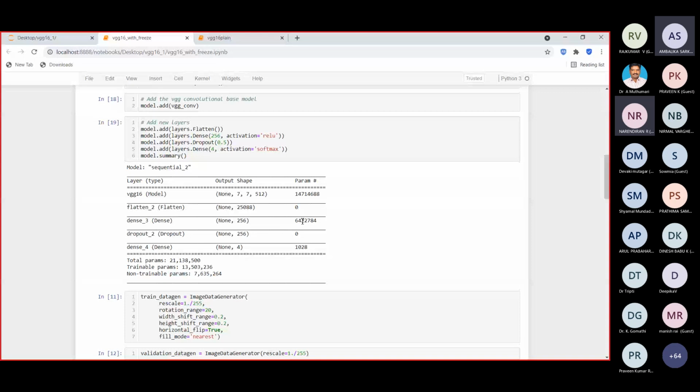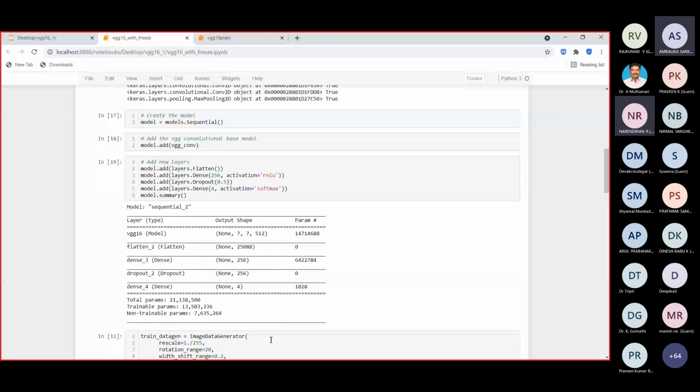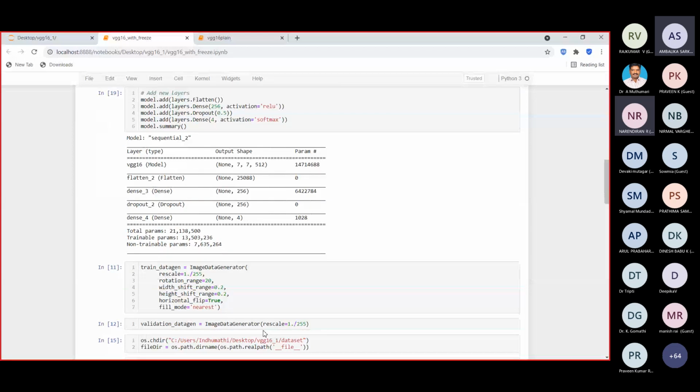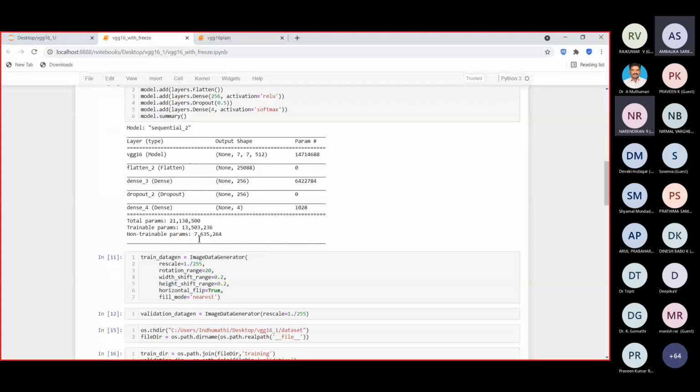So only this 13 million are trainable parameters. The 7 million parameters are not trainable because they are generated by these frozen layers here. So that you can see the difference, this with freezing and without freezing. Without freezing, all the parameters will be trainable.